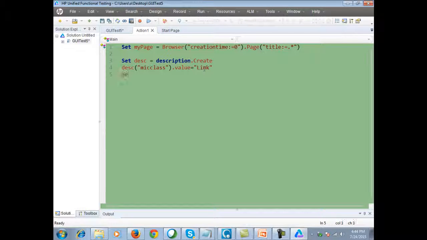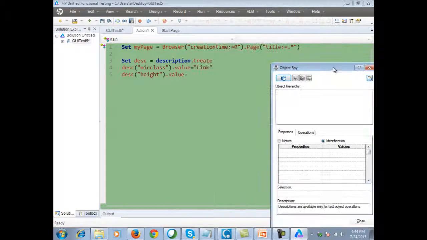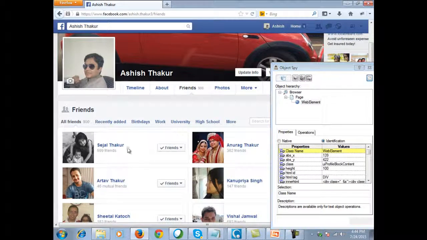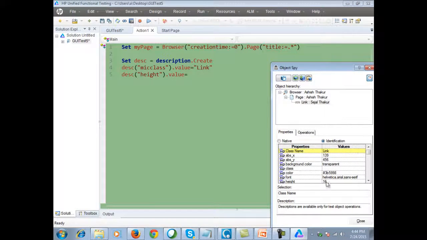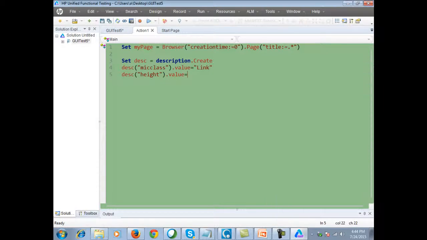And description height dot value equals to, if you look at the object spy, the height is 16 for every link. For every link the height is 16, so I have decided to take the height property and then extract the friends,